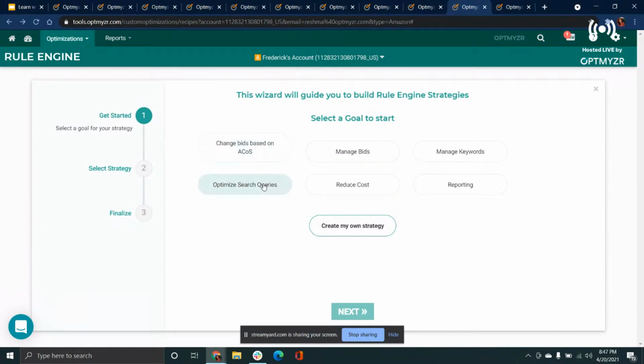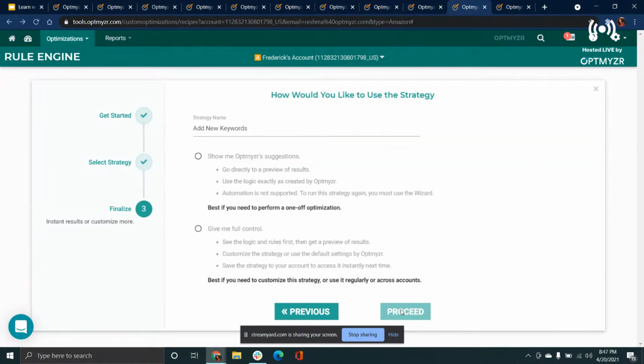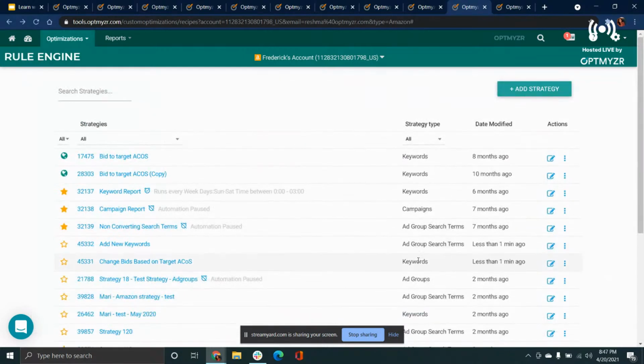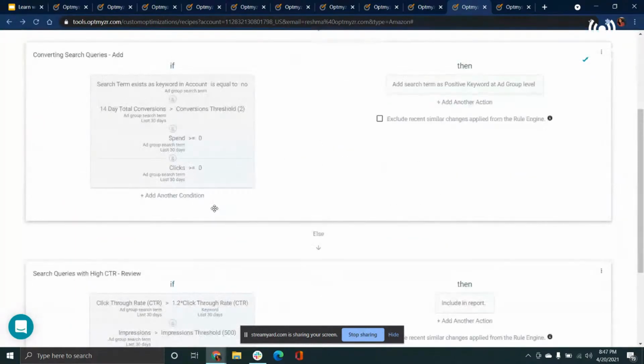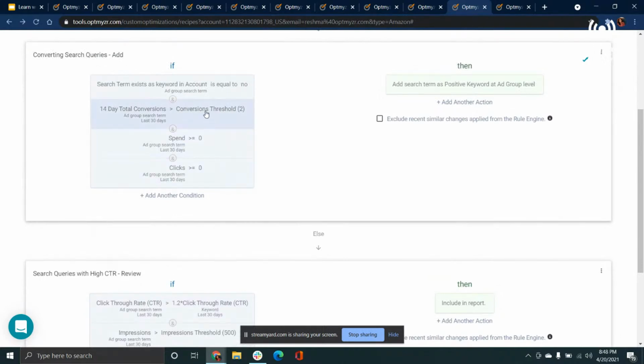Quickly moving to what we have as new instance strategies. We have one for optimizing your existing search queries and adding them as new keywords. So I'll quickly move into how you can set it up. I think I already have one right here. I'm going to click edit. And these are the conditions that we're looking at. We're looking at if the search query is converting or if it has had a high CTR in the last 30 days. And what's always interesting is these are thresholds you can change based on how your account is performing, and choose to add the search term as a keyword based on that.